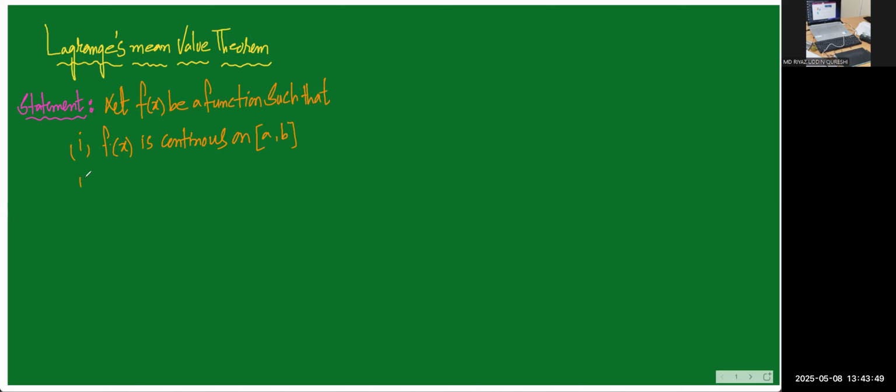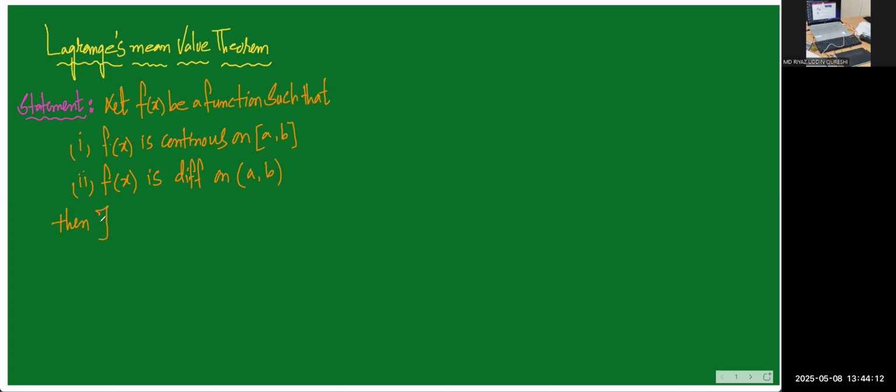Second condition, f of x is differentiable on open interval a comma b. Closed interval continuous, and open interval differentiable. But we don't have condition number 3 here. Two conditions are there. Then